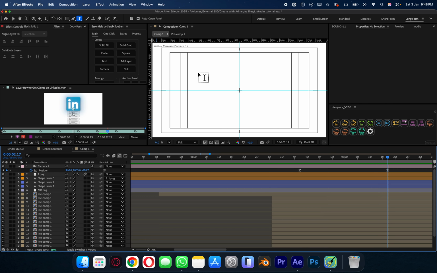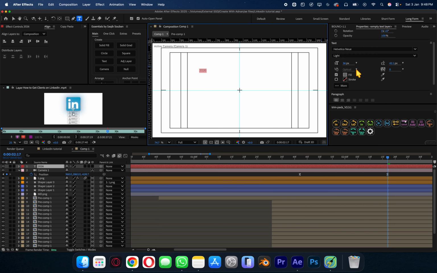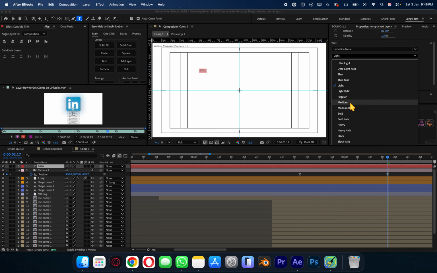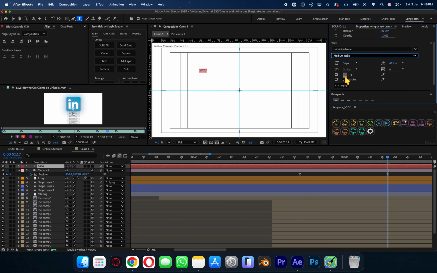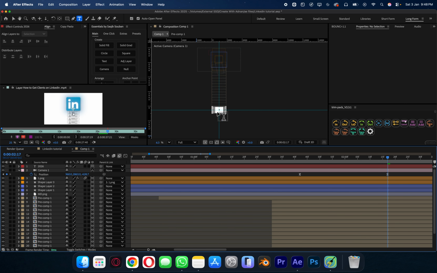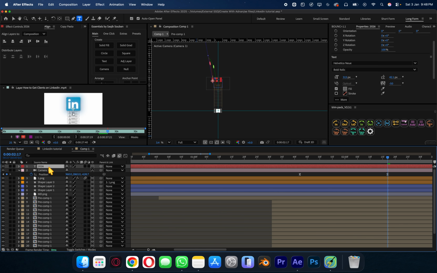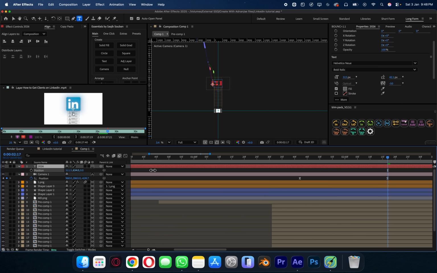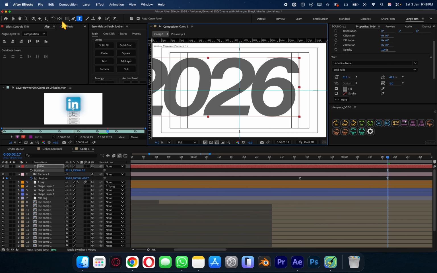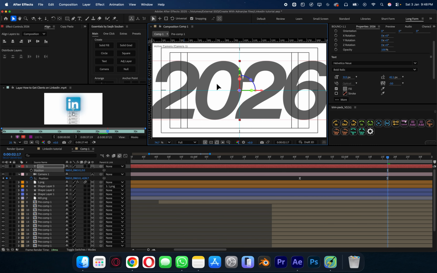So now let's add the text first. 2026, make it Helvetica. I'm using Helvetica medium italic. Make it big, somewhere here. I think bold italic looks good. Yes, and make it 3D, and let's see where it is. It's somewhere here, so let's hit P on position and make sure it's in the frame. Make it in the center